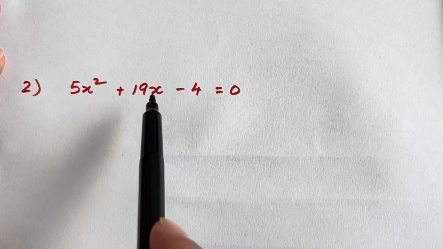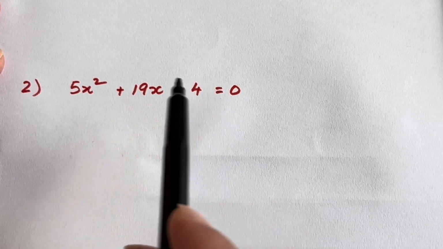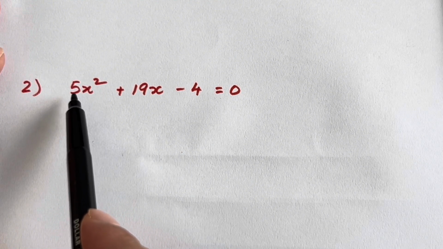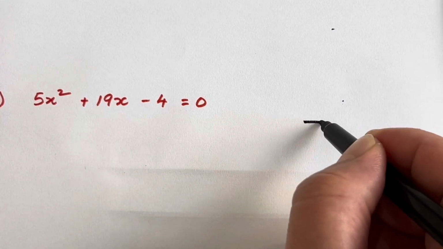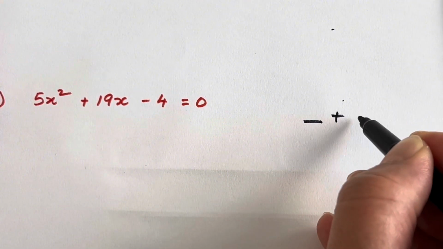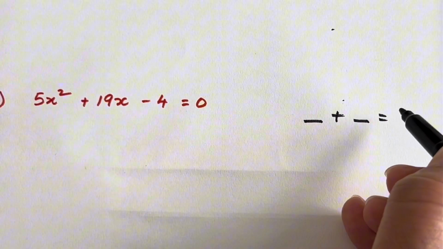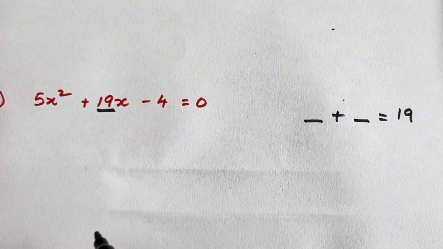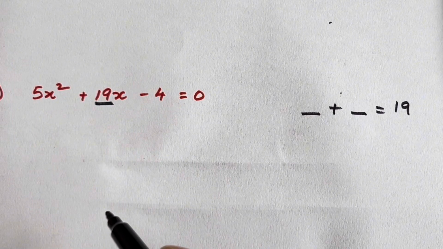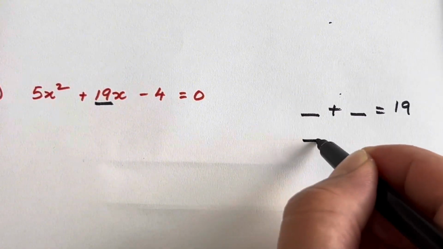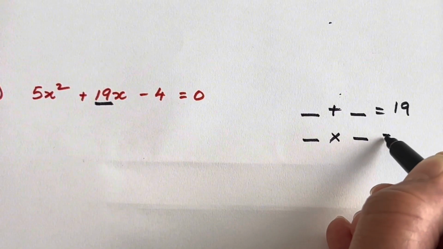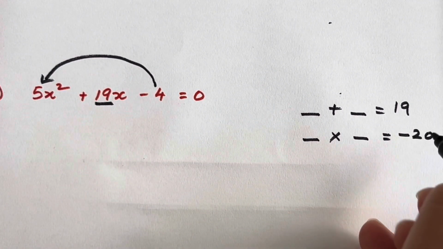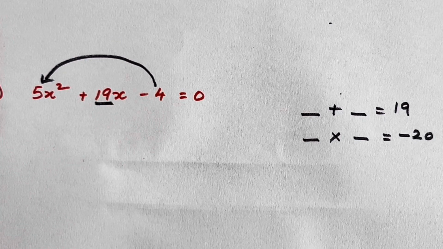5x squared plus 19x minus 4 equal to 0. Now there is a coefficient of x squared over here, which is 5. I need two integers. When I add, I'll get 19, the middle coefficient of x. And then this time when I multiply the same two numbers, so 5 times negative 4 is negative 20. They are